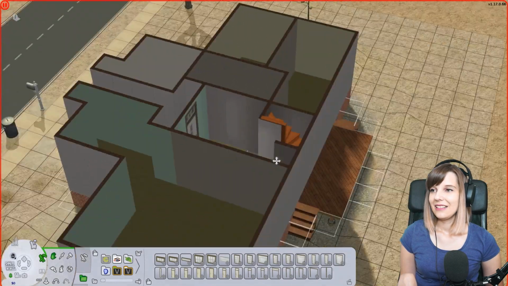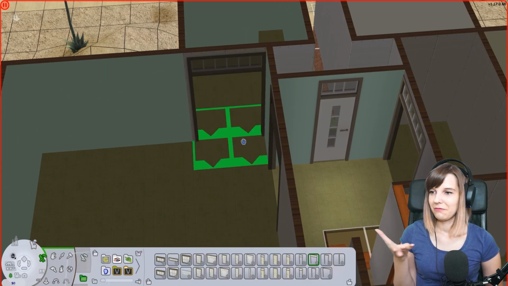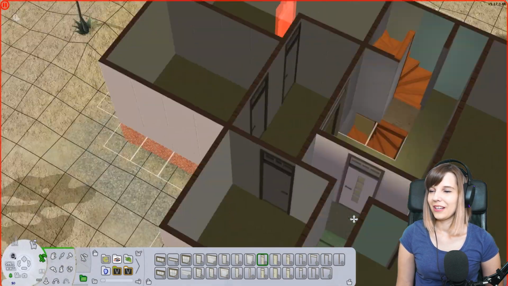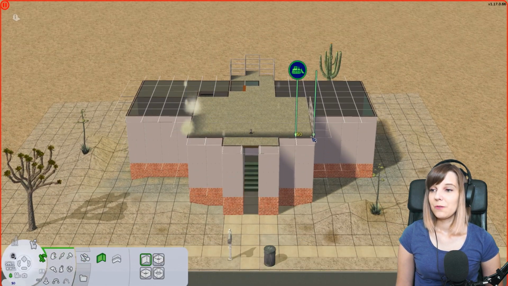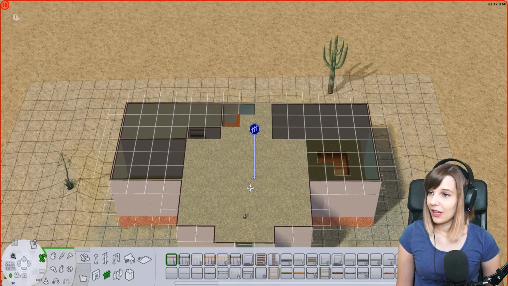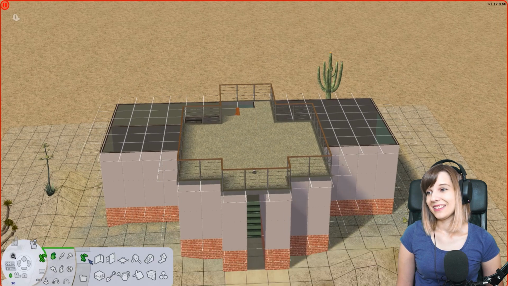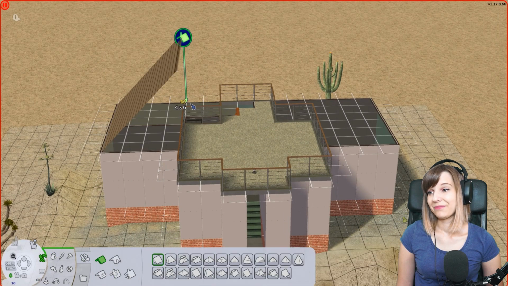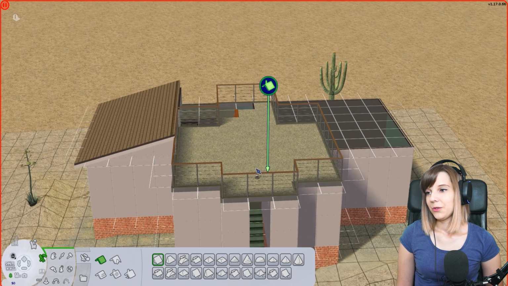But these little one tile things at the front of the house really threw me off. I didn't really know what to do with them. And also, just as most of my builds, I spent a ridiculously large amount of time trying to get this roof done and make it look good. But I mean, in the end, it does look good, I think,